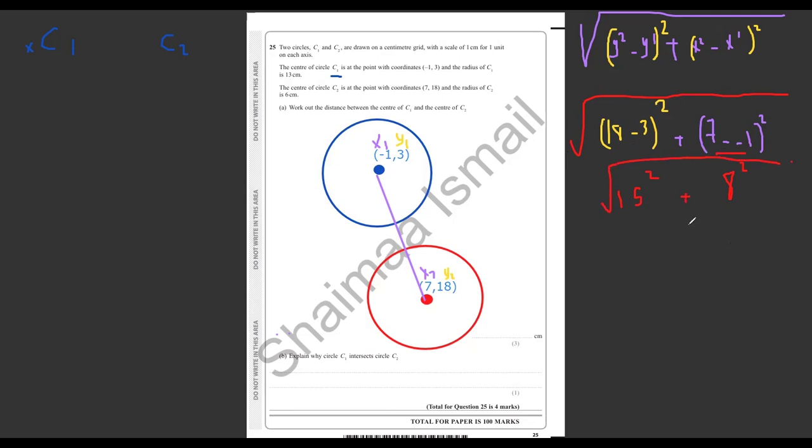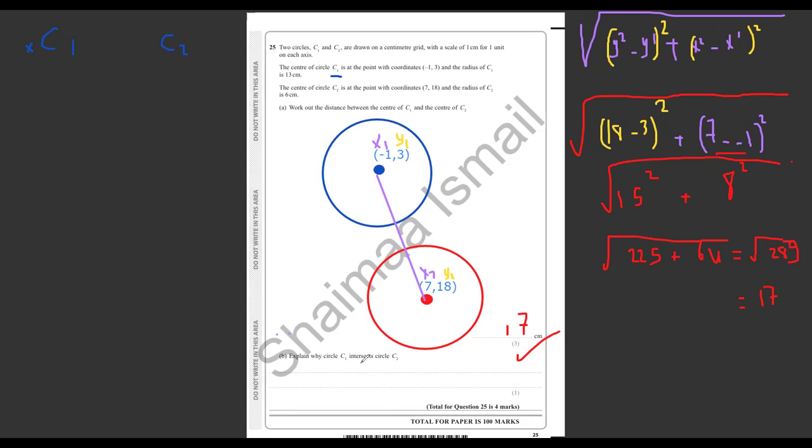So 64 plus 225 gives us the root of 289, which is equal to 17 centimeters. So this is equal to 17 centimeters. Explain why circle 1 intersects